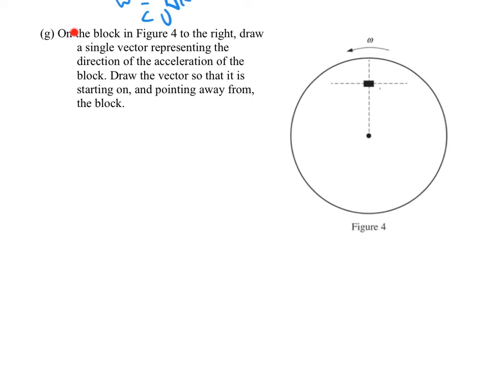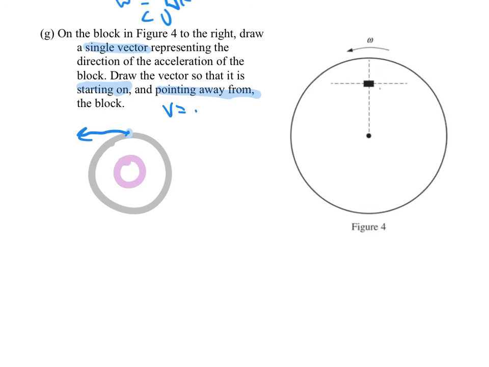Part G, on the block in figure 4 to the right, draw a single vector representing the direction of the acceleration of the block. Draw the vector so that it is starting on and pointing away from the block. So a couple of important things here. A single vector, starting on, pointing away. Well, let's do a little sketch on the side so we don't get in trouble with their pictures. In the first case, when the thing is at the edge, we have a velocity like